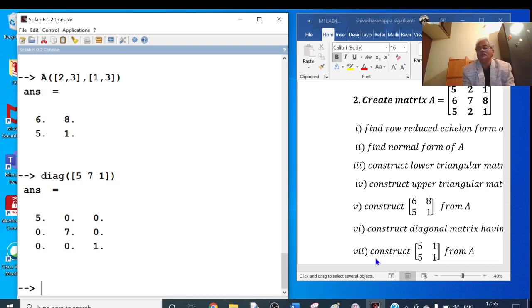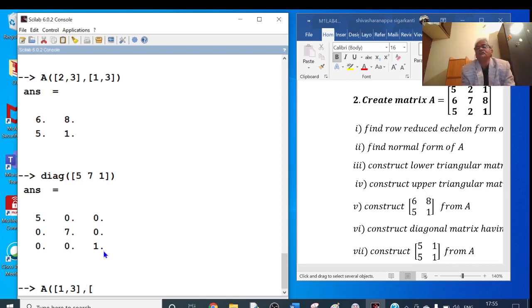Next example is construct 5 1 5 1 from A. Where is 5 1 5 1? It is first row, third row, and first column, third column. For that I have to write A open bracket, open square bracket, first row, third row, 1 comma 3, close the square bracket, put a comma, again open the square bracket.